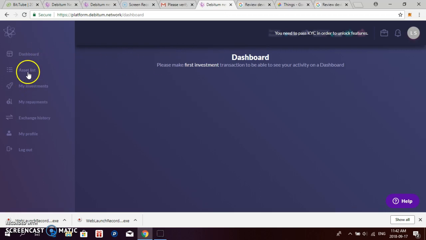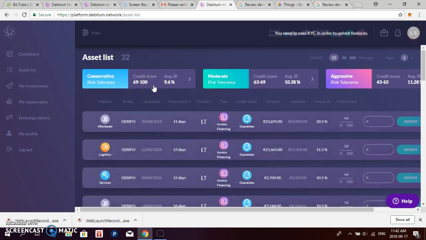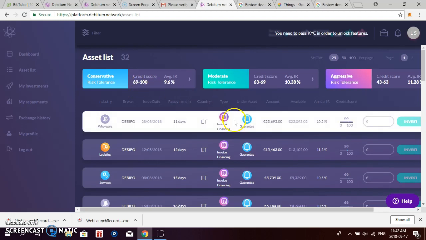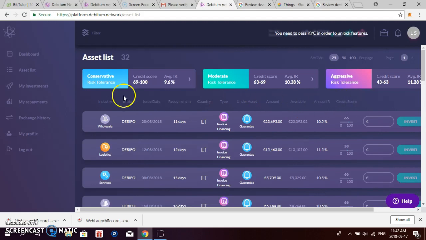Here, that's just for the dashboard. And the asset list. There's a whole bunch of stuff here. I guess this credit score is telling you how dependable and honest that company is, so you can make up your mind whether to invest in it or not. Conservative, moderate, and aggressive. I guess if you want to take a chance on it, because this one looks like it has lower credit